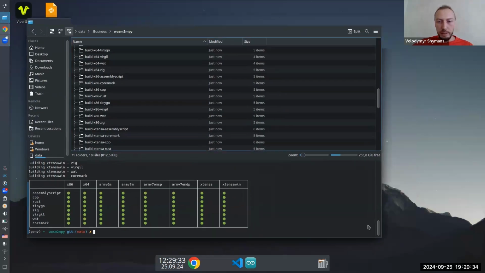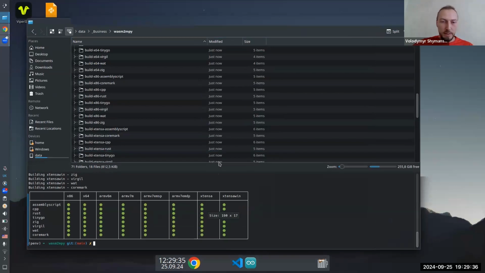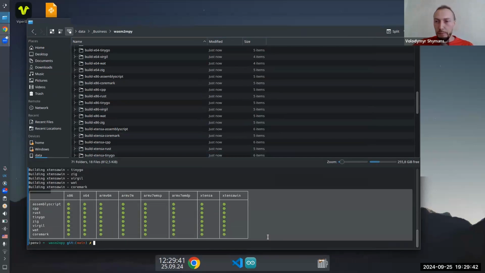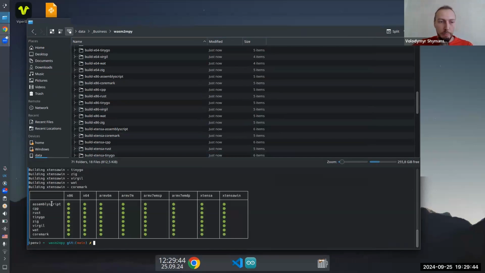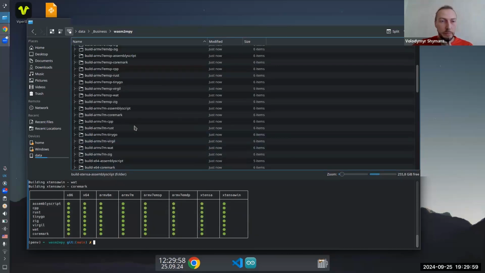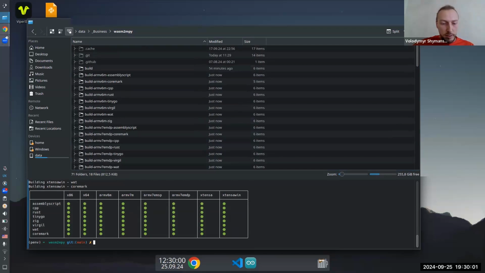Okay. The build is finished. As you can see, I can currently build every possible combination of my sample applications and architectures supported by native modules. Oh, yeah, the build completes fine. Some of these combinations actually don't run correctly, but the combination is working. Let's clean it up a bit.